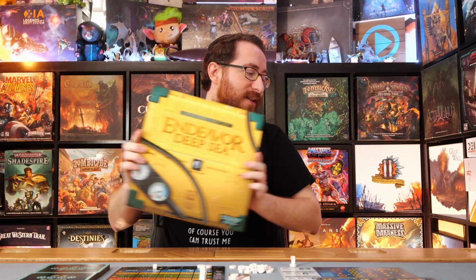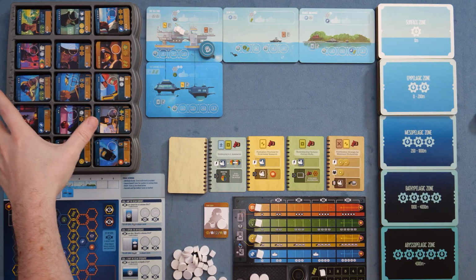And today I'm reviewing Endeavor Deep Sea from Burnt Island Games. Endeavor Deep Sea is the spiritual successor to Endeavor Age of Sail, also from Burnt Island Games and Grand Gamers Guild, and this is a tableau building game across 6 rounds of play as you gather divers, various personalities, explore